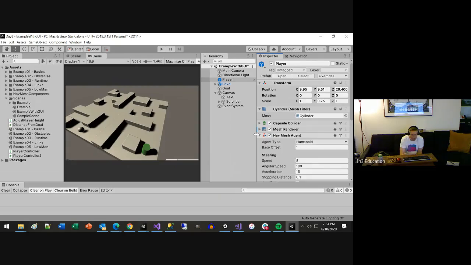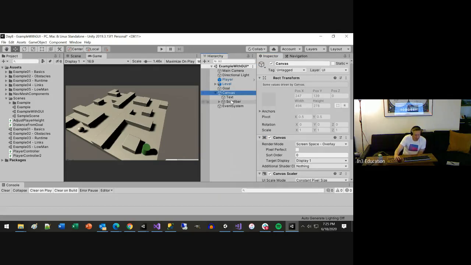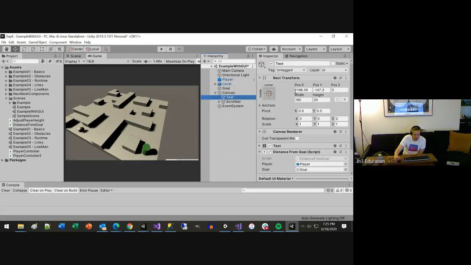But the core functionality is being able to manipulate things in your scene, and most of the manipulation just has to do with this most important component that everything in your hierarchy has, which is the transform. And then the UI handles things a little bit different, because you end up having a width and height, because everything's kind of relative. But if you wanted to,